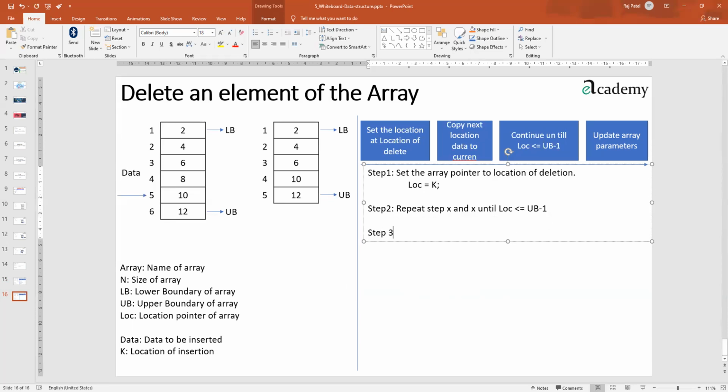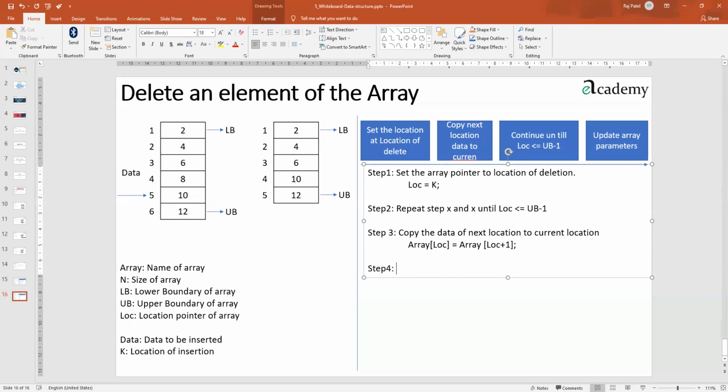Step 3: copy the data of next location to current location. If we say this, then array of LOC will be getting something from array of LOC plus 1, isn't it? Okay, this is what we have done.